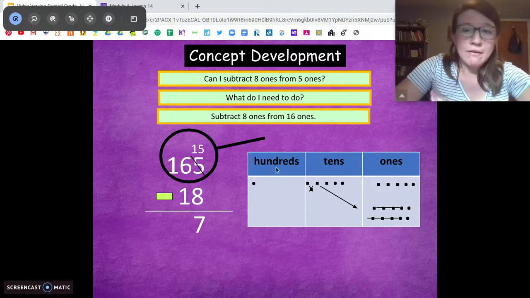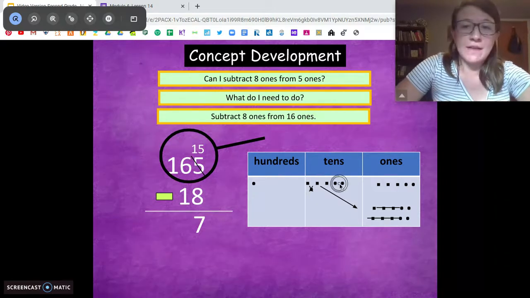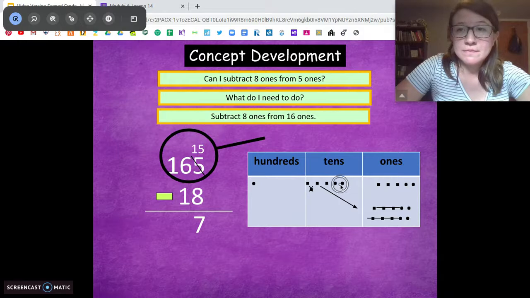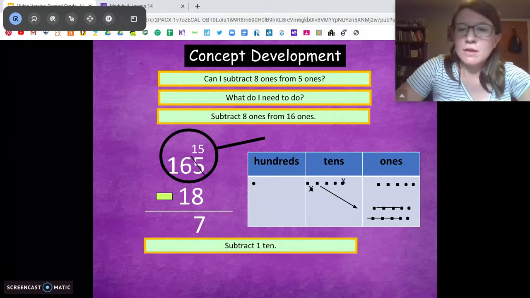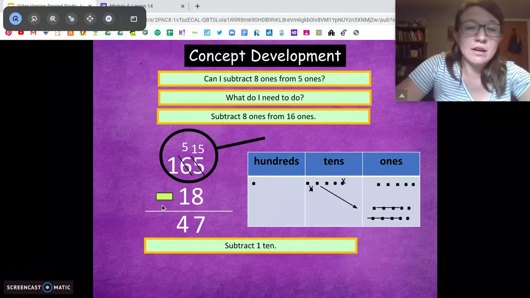Now we have 5 tens over here. Can we take 1 10 from 5 tens? We most certainly can. Cross that off. We get 4 tens. And same thing here, because there's